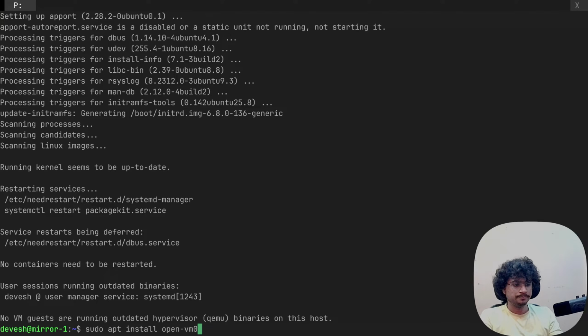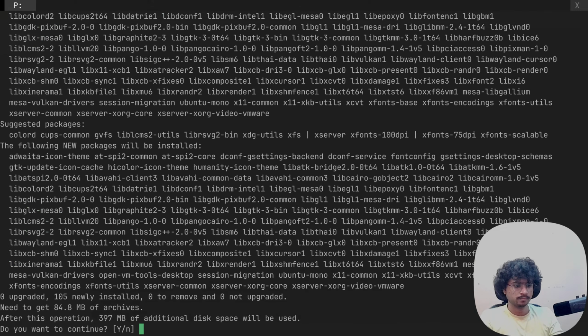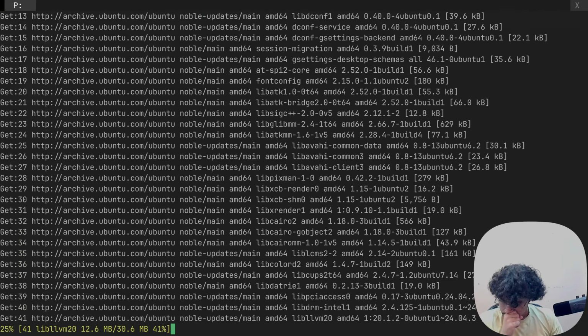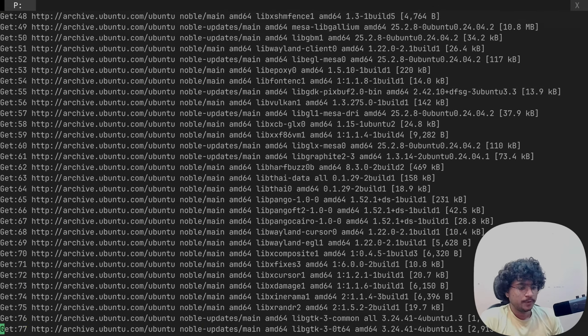Open VM tools. I guess this was the package name. Yes, I remember the package name. Wow.